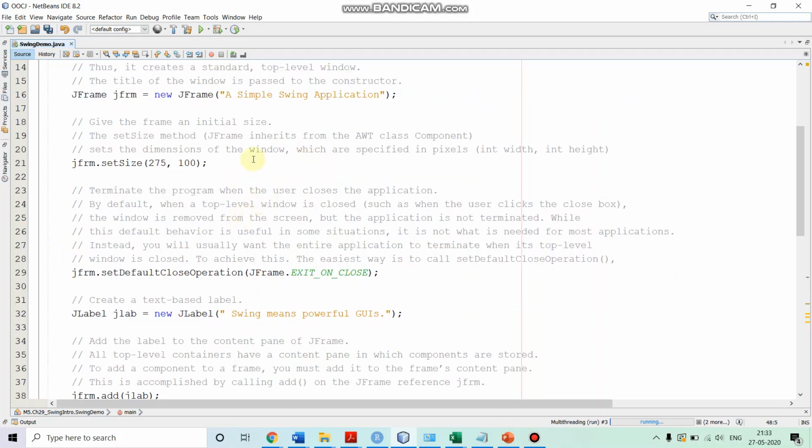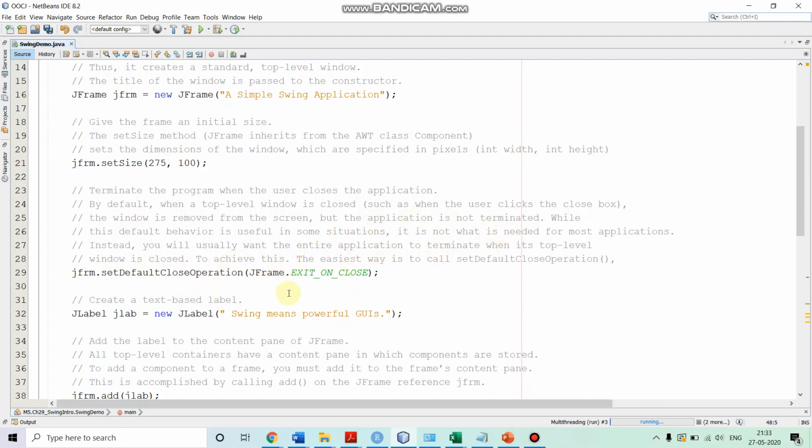After that, if we click on the close button, by default the behavior is that the program is not closed.